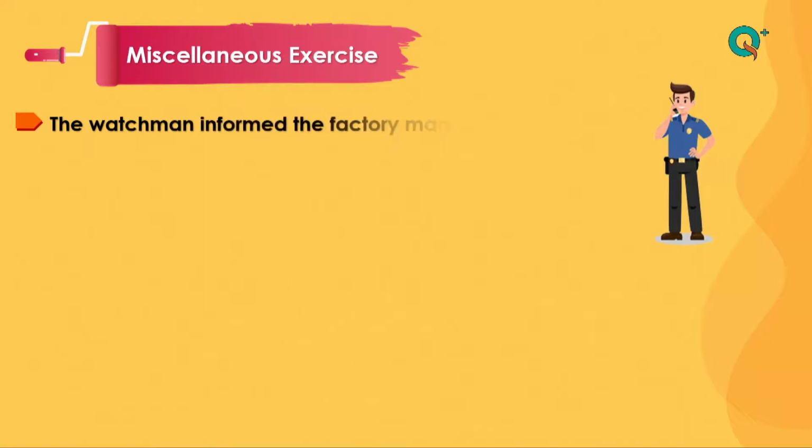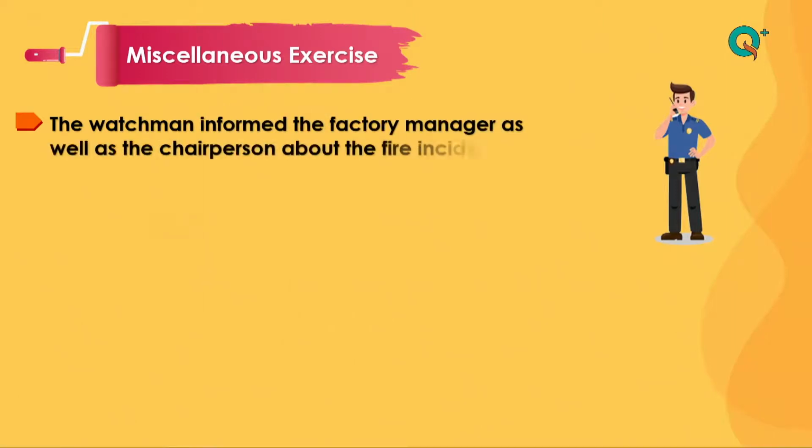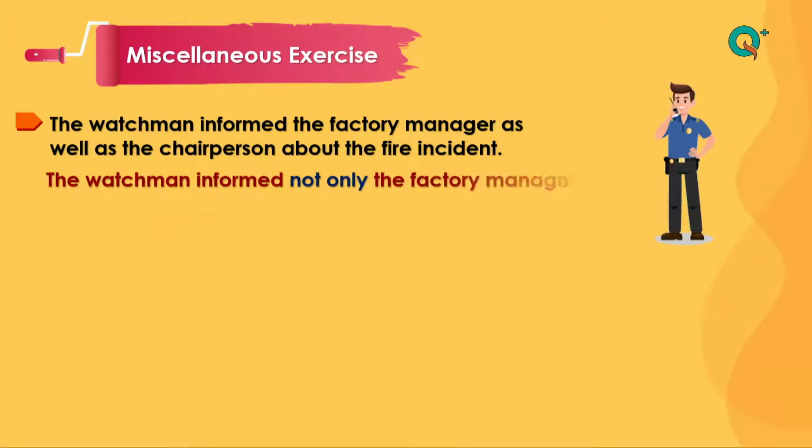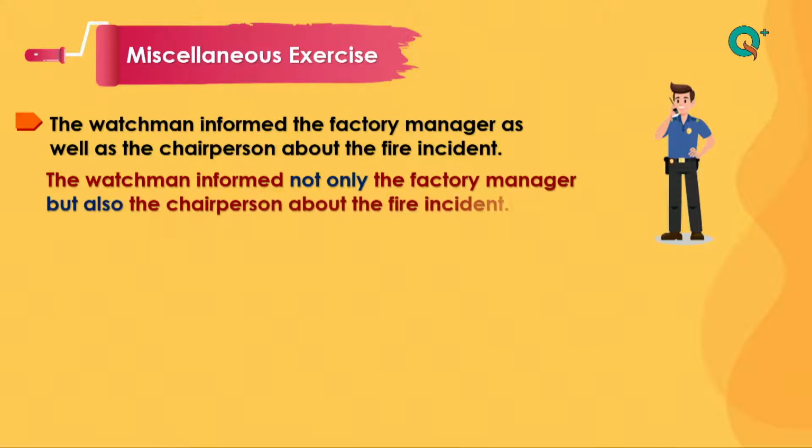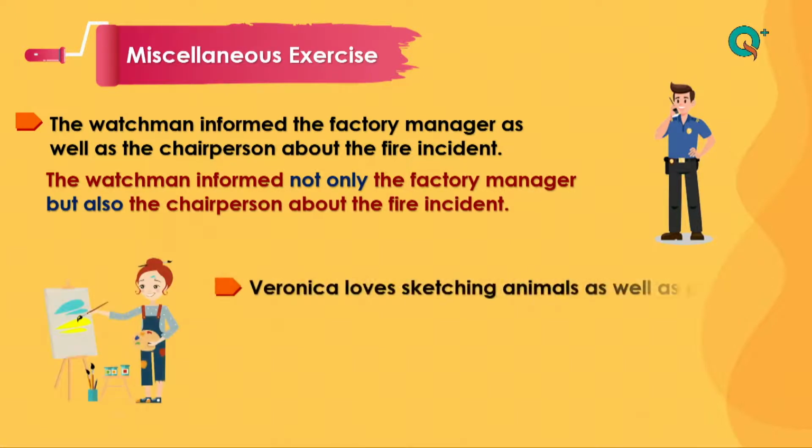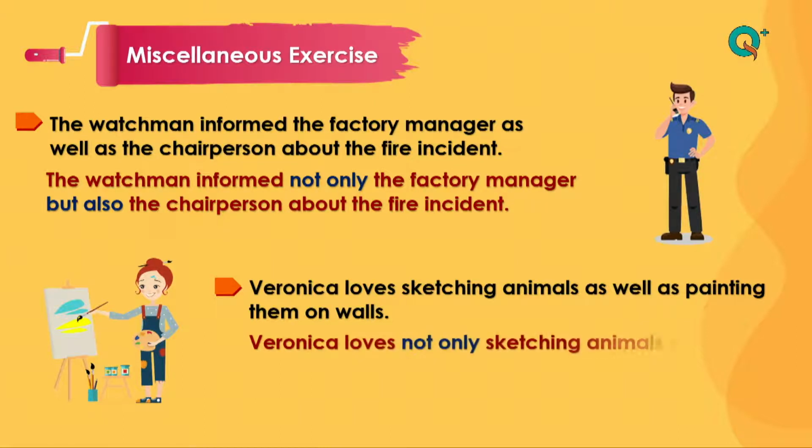Let us now take a look at this exercise. The watchman informed the factory manager as well as the chairperson about the fire incident. The watchman informed not only the factory manager but also the chairperson about the fire incident. Let's look at the next sentence. Veronica loves sketching animals as well as painting them on walls. So, right, there are two things, sketching animals, painting them on walls. Loves is the verb. So, Veronica loves not only sketching animals but also painting them on the